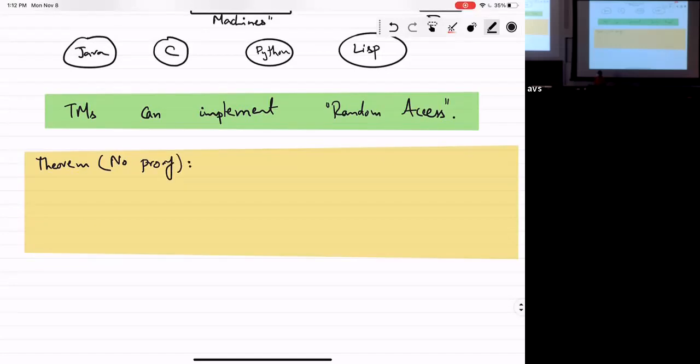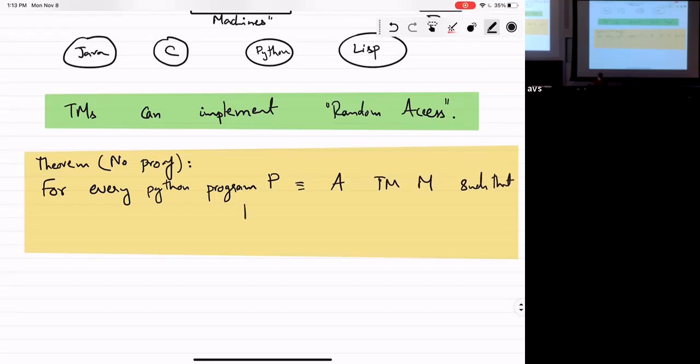So this is something we're not going to give a proof of. For every Python program P you can think of, there exists a Turing machine M such that P(x) equals M(x) for all inputs. Okay. No matter how complicated a Python program is, I can write down a Turing machine which has the exact same behavior.